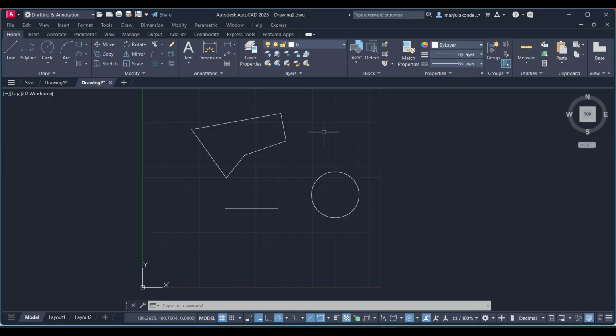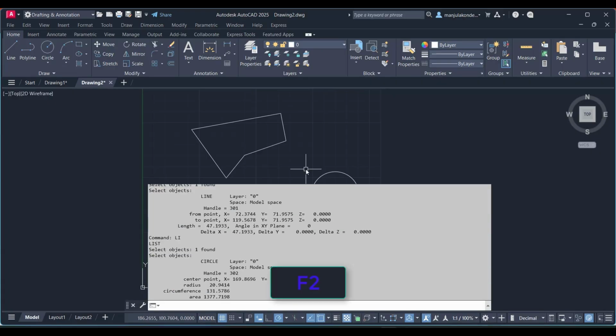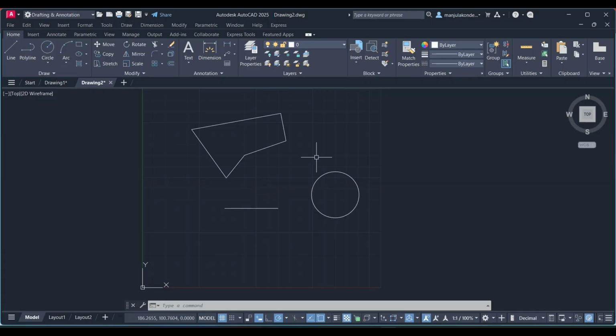But when I hit F2, you get the overall history of the commands, the line command, the circle command and the irregular shape. So you can access all the information related to your selected shape or tool with F2. Next one is F3,